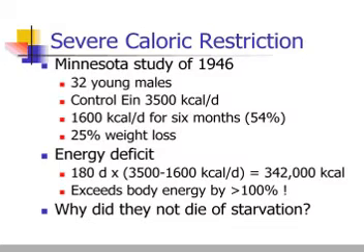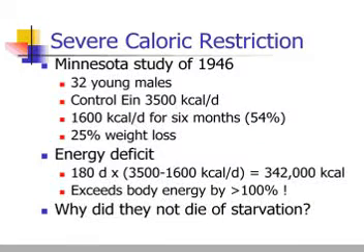Their control diet was about 3,500 calories per day. They went on to a 6-month, 1,600 kcal per day diet on average. Some were higher, some were lower. And it was designed and adjusted on a weekly basis so that they'd lose about 25% of their body weight. And if you did the simple calculations, 3,500 calories a day minus 1,600 calories a day is a difference of almost 2,000 calories a day times half a year. That would be a deficit of